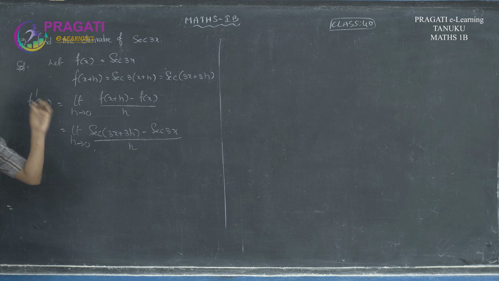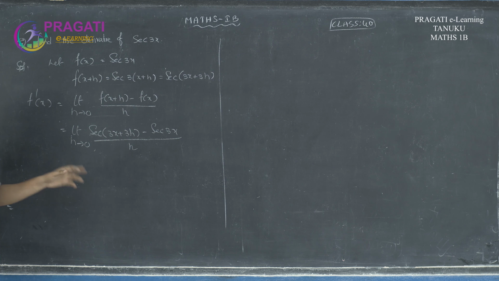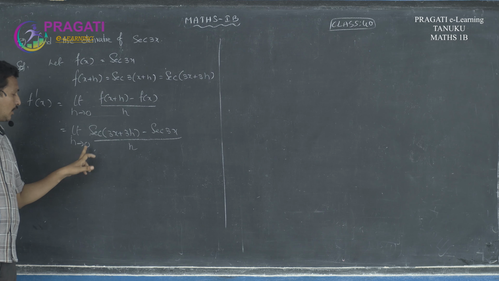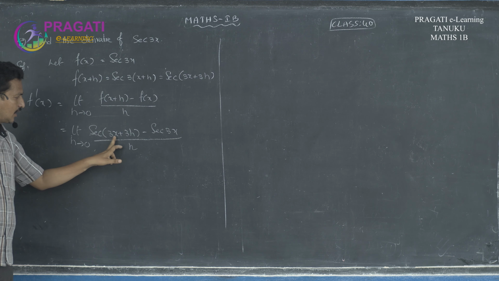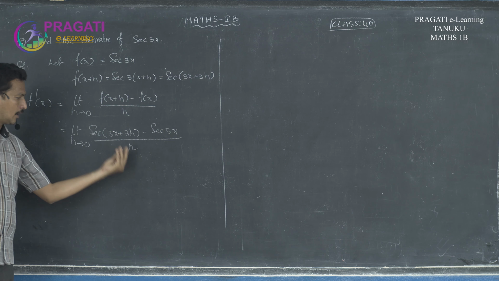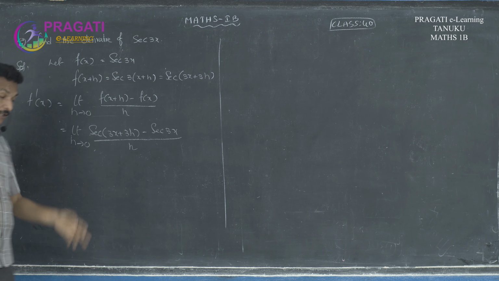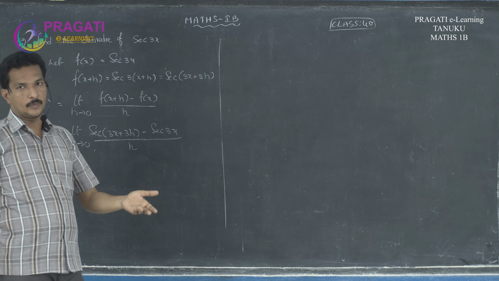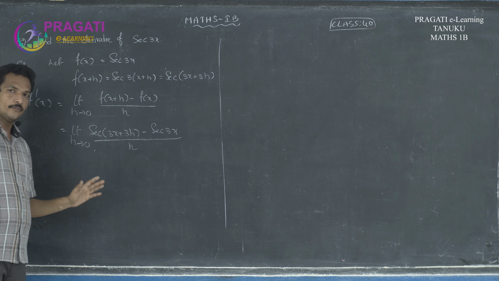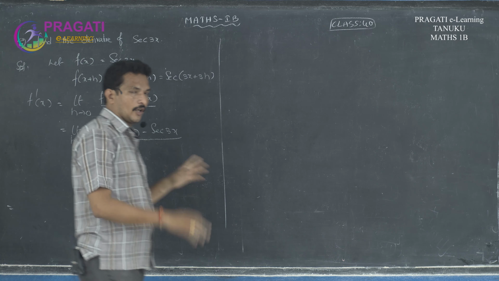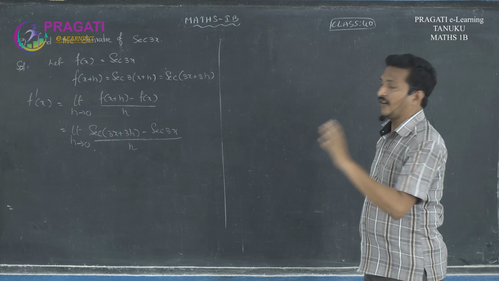Okay, the first method is direct substitution. Already we discussed limits in the previous chapter. Limit h tends to 0. Here the first method is the direct substitution method. Put h is equal to 0. Here it is secant of 3x minus secant 3x, which is 0. And the denominator is also, put h is equal to 0, it is also 0. That is 0 by 0. Then there is an alternative method. What is the next method? Factorization. Here there are no factors, so it is not applicable. Here there are no square root terms, so it is not applicable. And here we observe that there are some formulas.